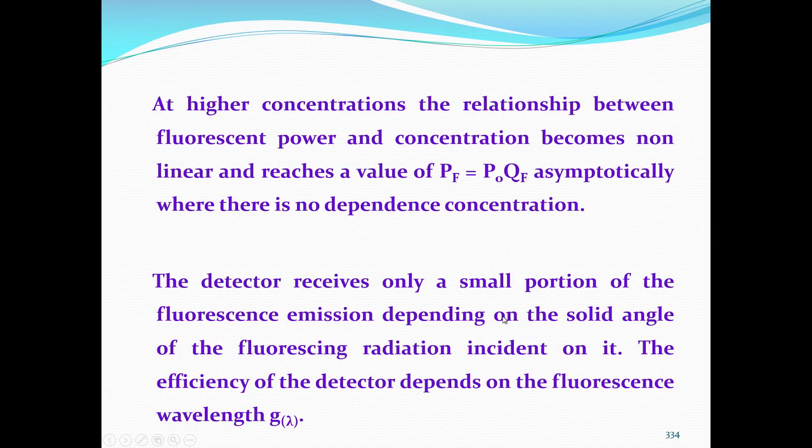Because I can open the detector solid angle, collect more fluorescence, and linearity changes. This is a very important aspect of fluorescence. So, the efficiency of the detector again is the deciding factor of how much fluorescing molecule can be detected. So, it depends upon the fluorescing wavelength also,